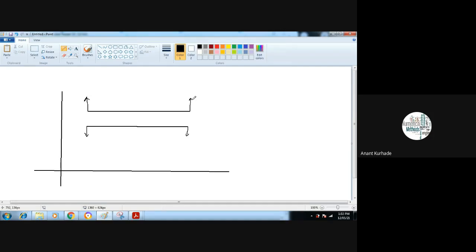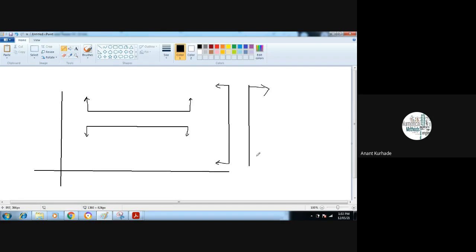But when the line is vertical, we can make this horizontal line vertical. When the line is vertical and the constraint is less than, we can put arrows like this. And when the constraint is greater than, you can make this second line vertical, and the visible region is towards the right side.